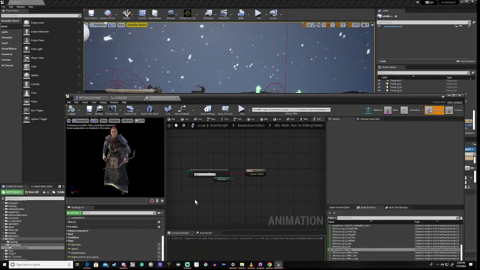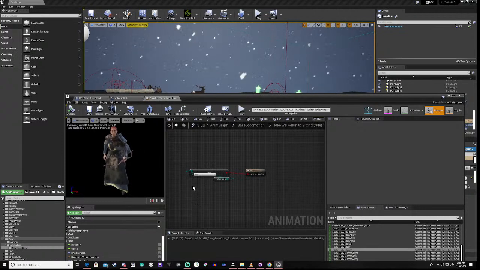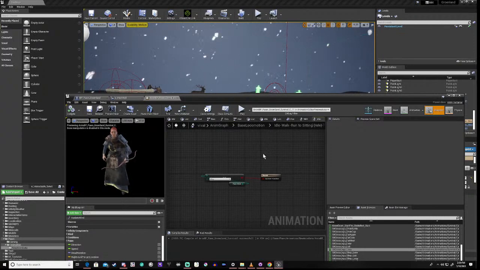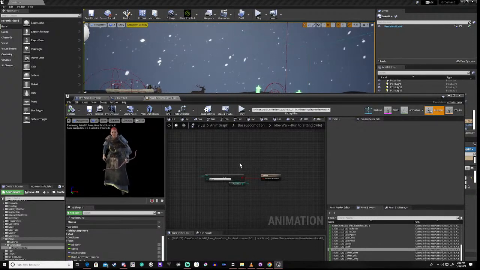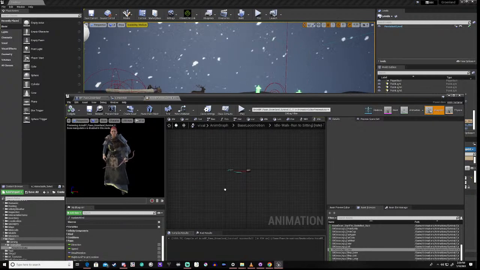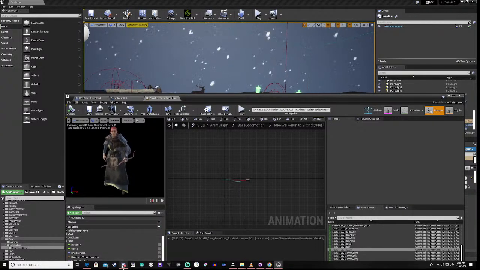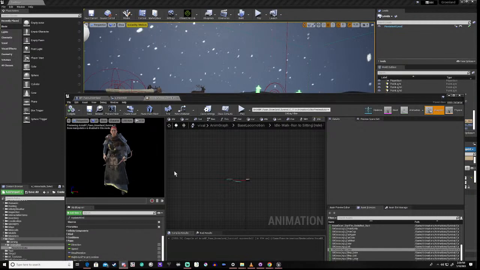We've either A, completely broken the pawn, or B, I just fetched a minute ago, right? So whatever's happened